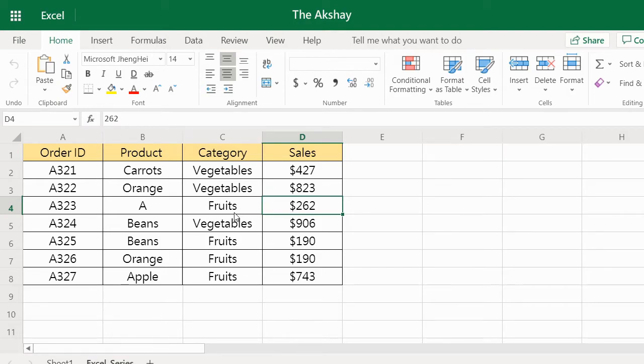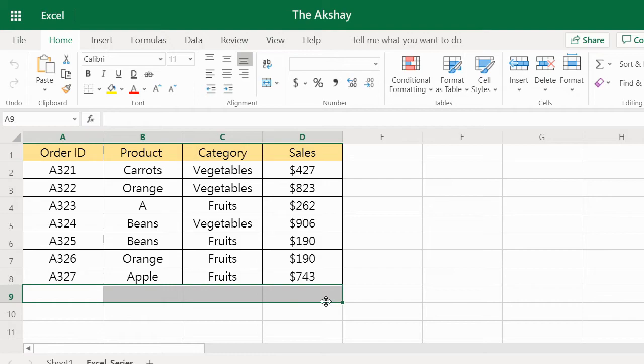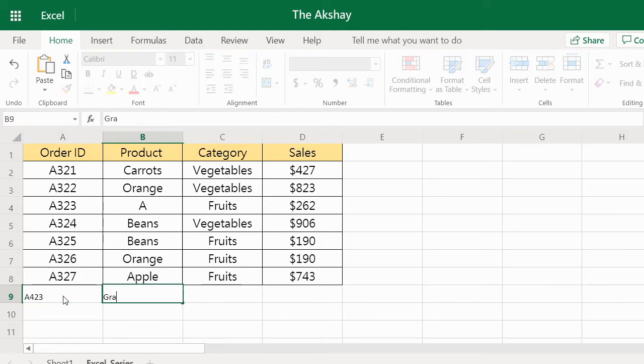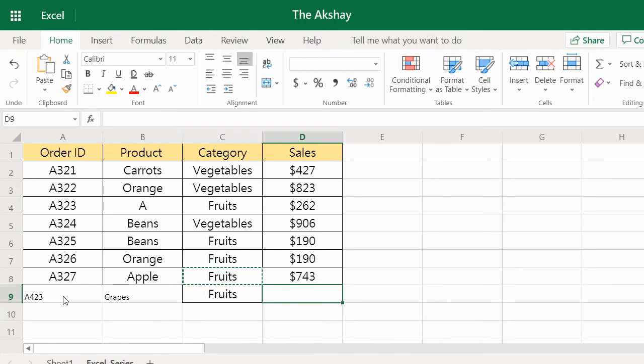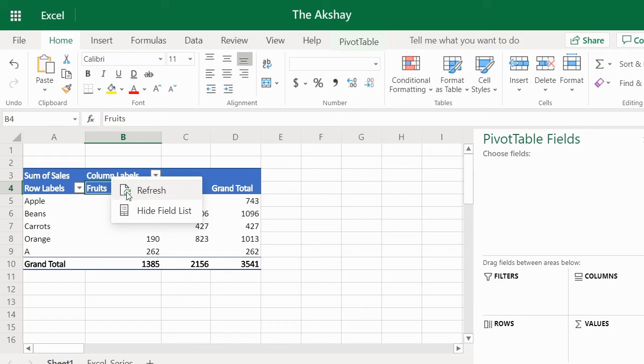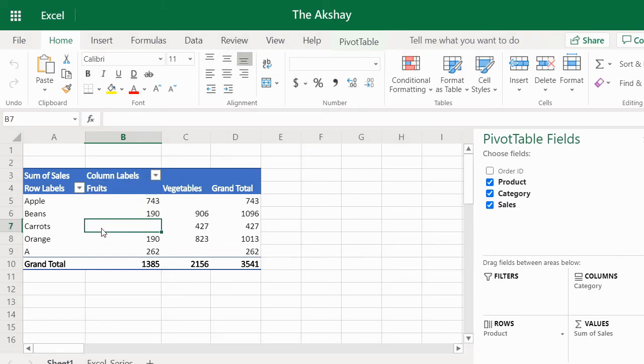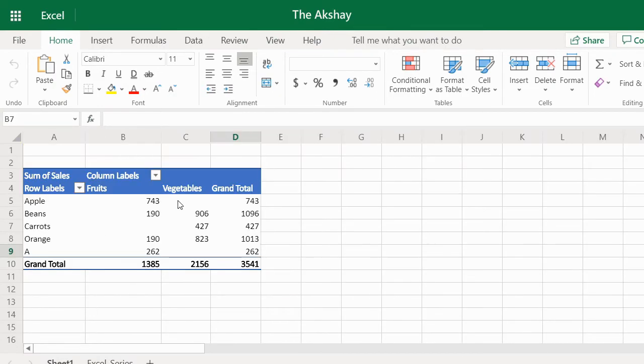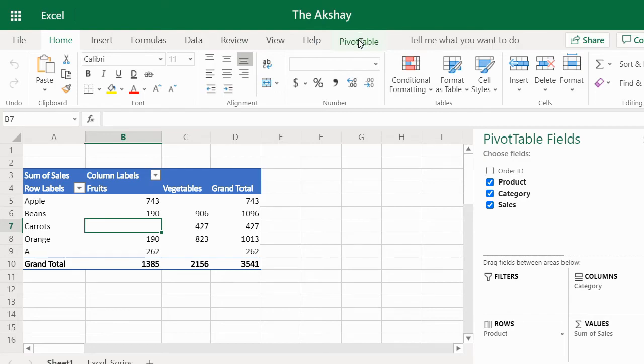Now what if you add an extra row here? Let's say I will add a row. Okay, so I have added this row. Refresh our pivot table. You can see that it is not changed because when you add extra rows or columns, you have to change the data source. You can go to the Analyze tab.